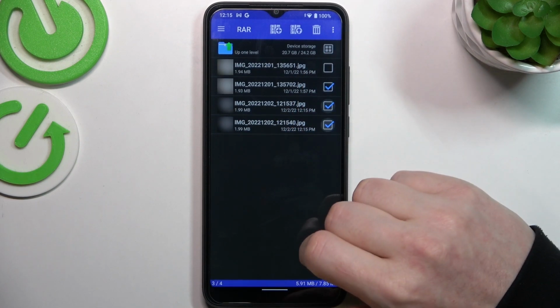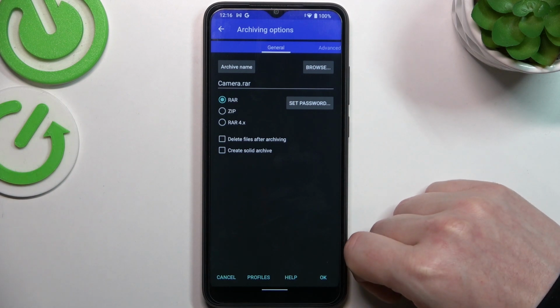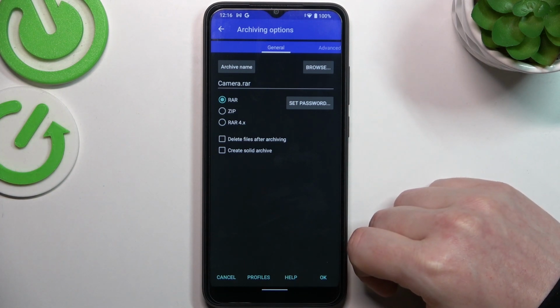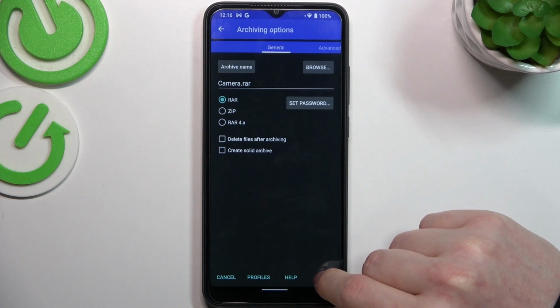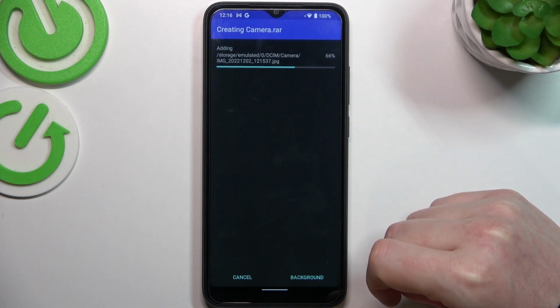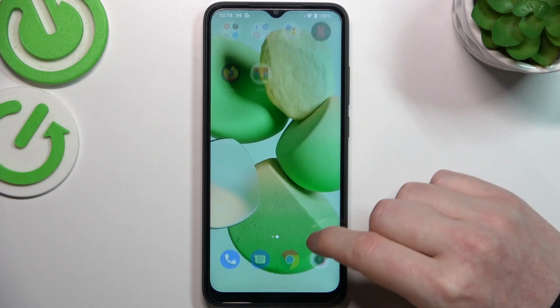select each of the files, click on this plus button. You'll enter archiving options. You can change them right here, but it's not necessary to create a very simple RAR file. So I'm just going to go with OK, and that way we'll create our first archive. And that's it for this